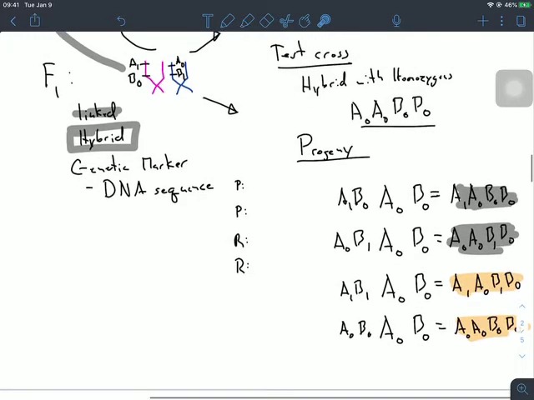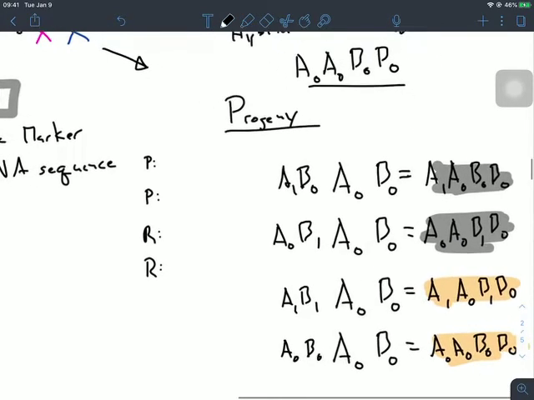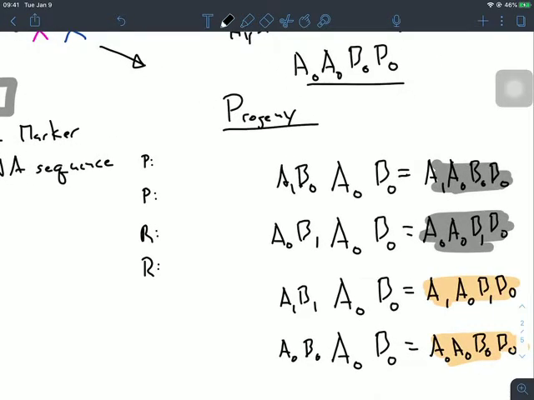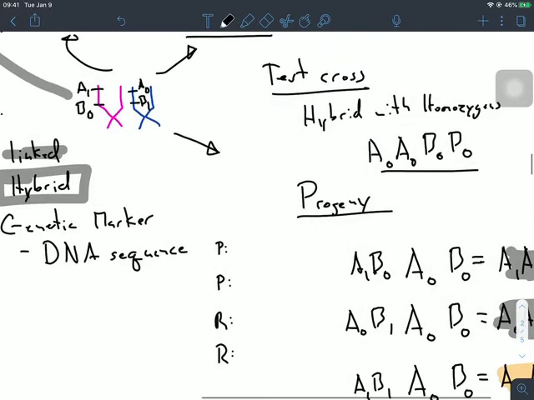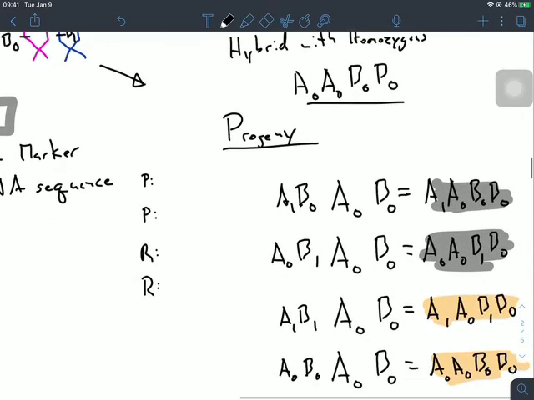So hopefully this has made sense to you as I've explained it a couple different ways, about tracking recombinants through the parentage. So in doing this test cross, where we are crossing a hybrid against a homozygous individual,